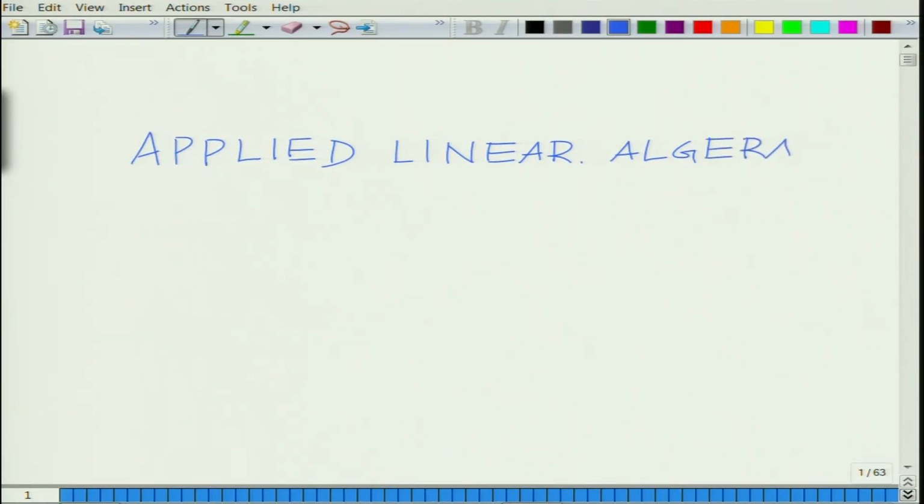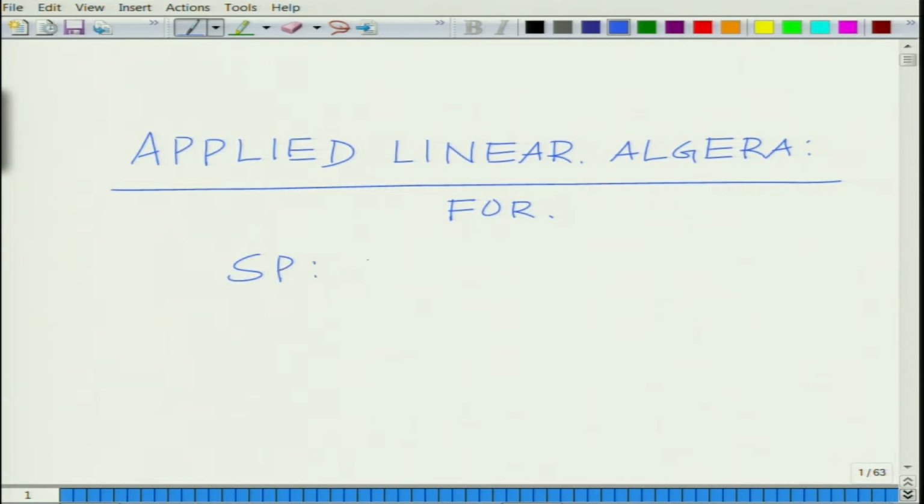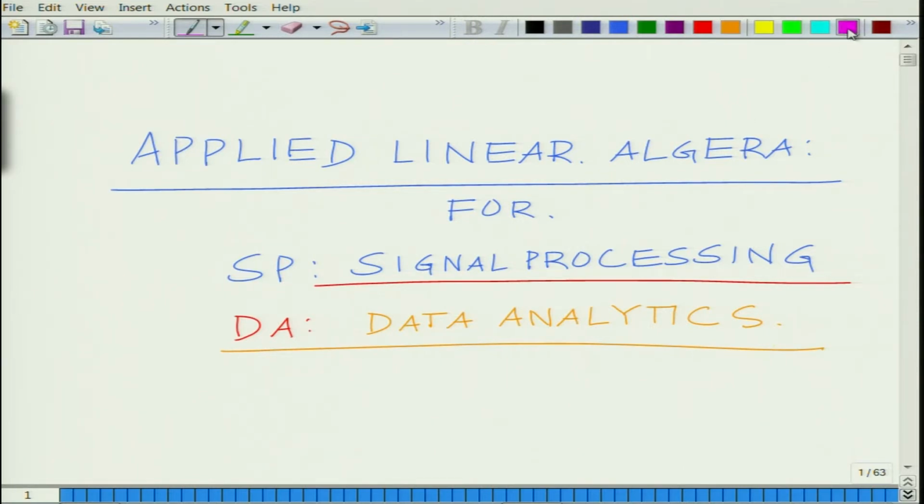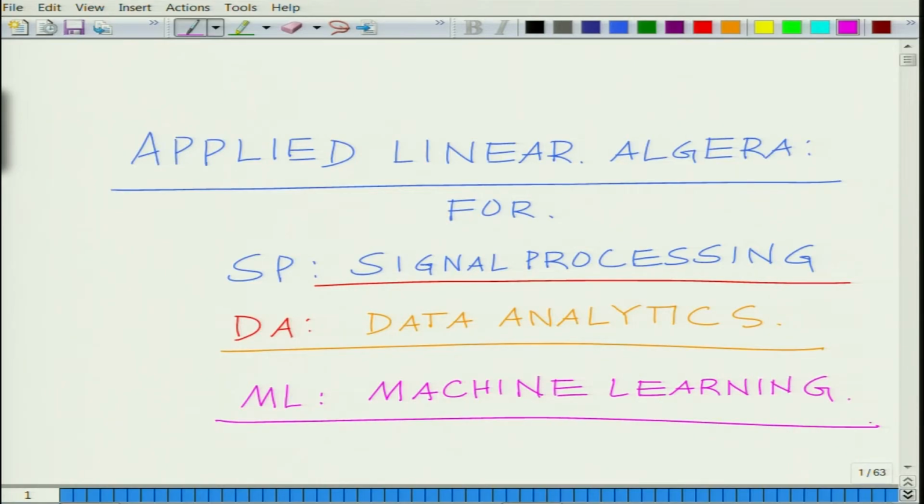linear algebra for SP, and you have also the DA, that is your data analytics, and also you have ML, which is basically... so as you can see,